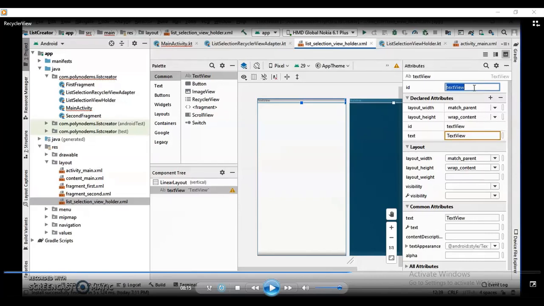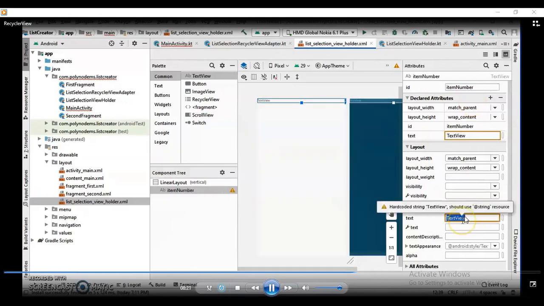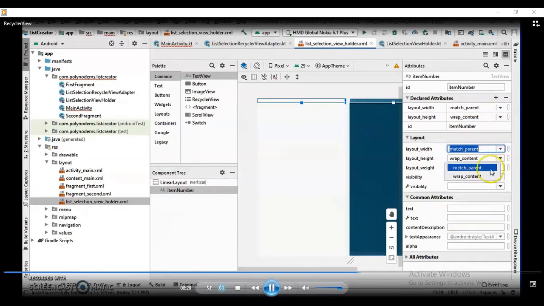Okay, so for the first text view I will be giving id as the item number. Again, I will be deleting the text which has been displayed here, so there is no label assigned to it, and I will be changing layout width and layout height to wrap content.